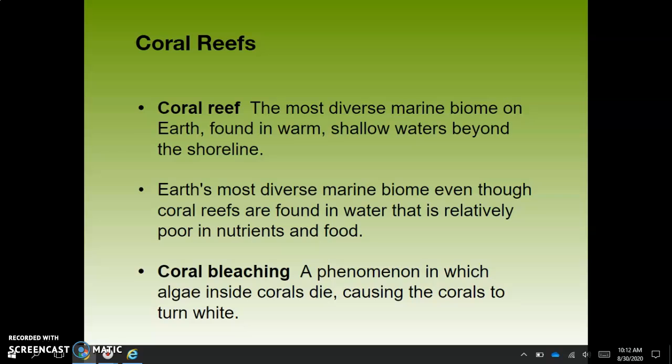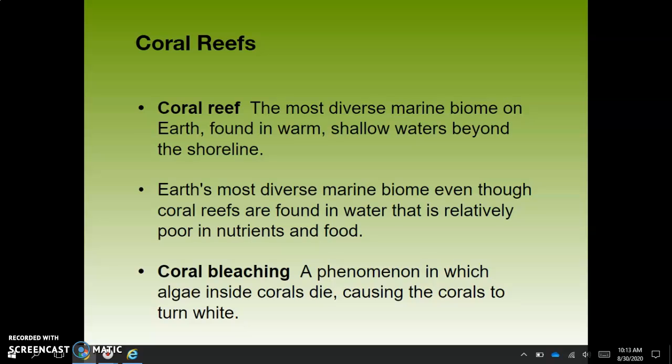Coral reefs are the most diverse marine biome on Earth. They're found in warm, shallow waters beyond the shoreline. They're also very endangered right now, so coral reefs are very susceptible to climate change. The oceans are acidifying, and when coral reefs are damaged, we do lose a lot of our biodiversity. So even though they're found in water, they're some of the most diverse marine biomes. And they're relatively poor in nutrients and food, but a lot of organisms gather around coral reefs, and so they